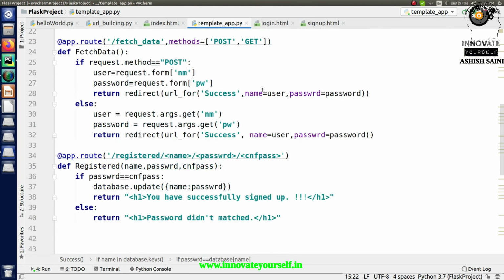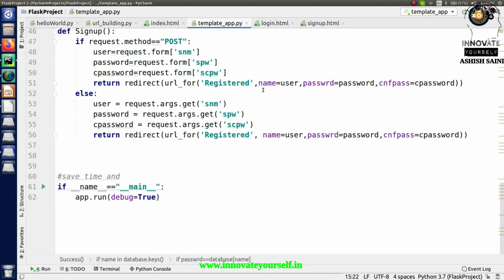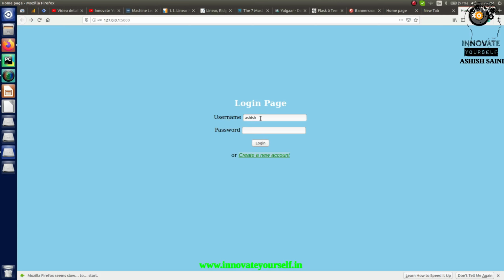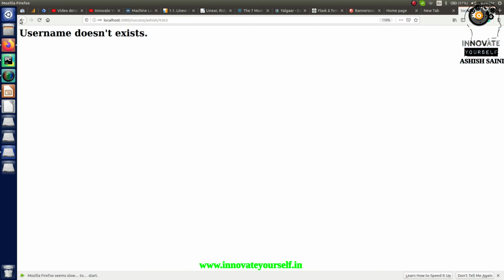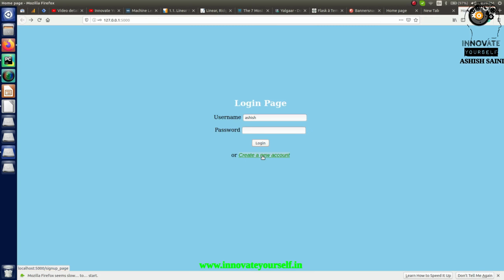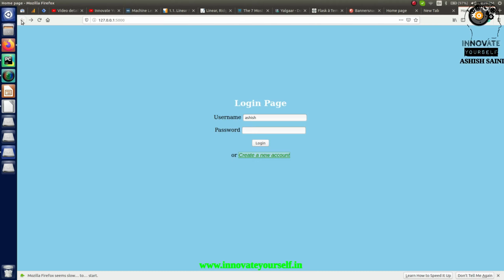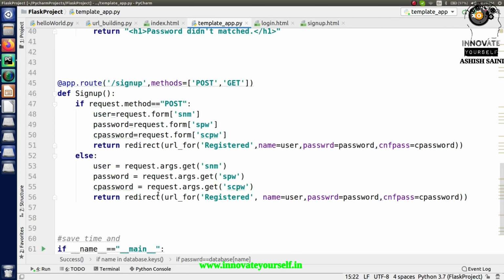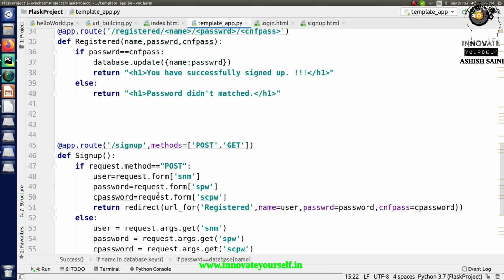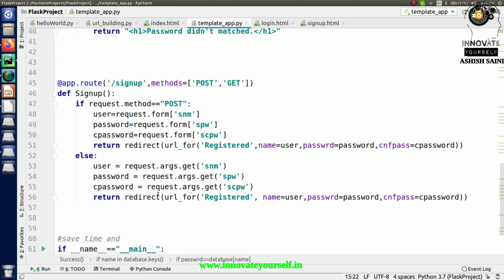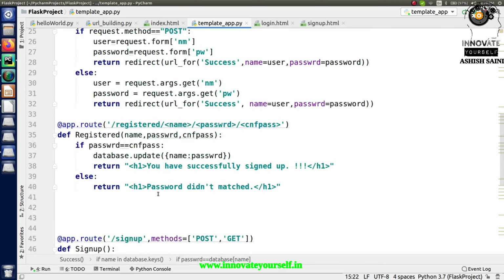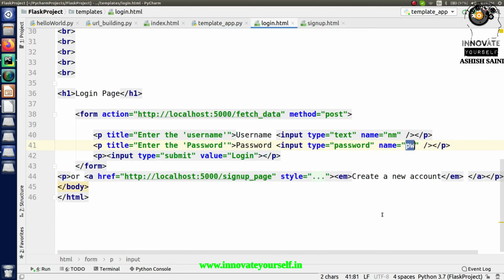So now let's do one thing, let's save it, and now let's run it again. So we can go back. Okay, so now let's see, I'm writing here something else, right? And I'm unable to log in, so I need to sign up. So click on create a new account. Okay, so it's not working. Okay, no problem. So let's go back. Something is left, and what is that something? It's registered, it's going to that part. Okay, one more thing. Yeah, got it.